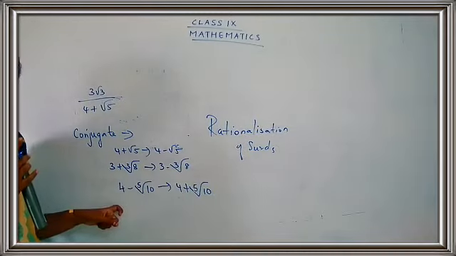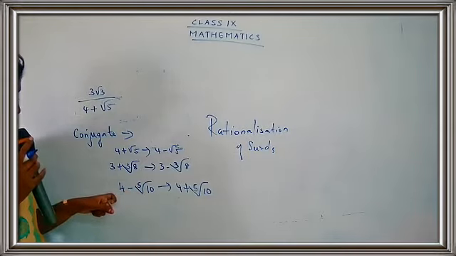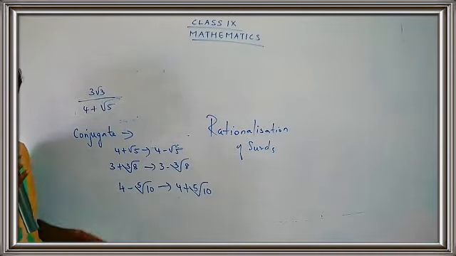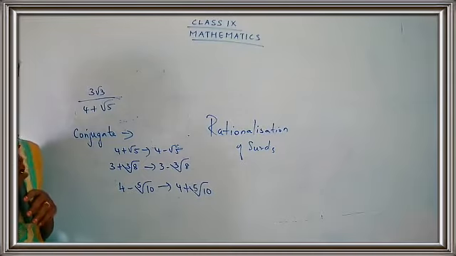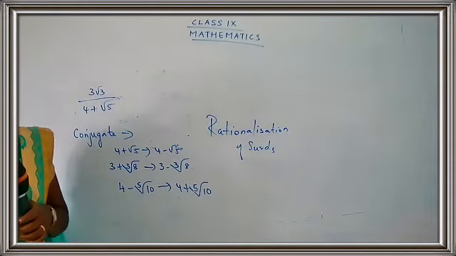Coming to the last one, what is the conjugate of 4 minus fifth root of 10? The conjugate is 4 plus fifth root of 10. Clear, children? Okay, so this was about the conjugate, and we have to use this concept for solving our sums